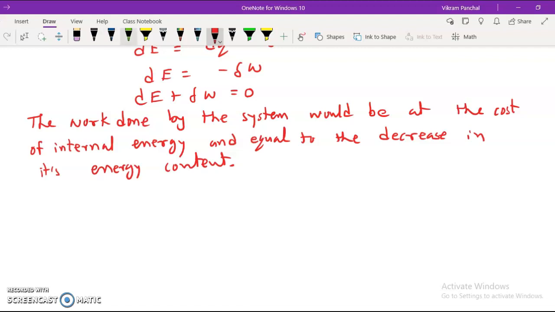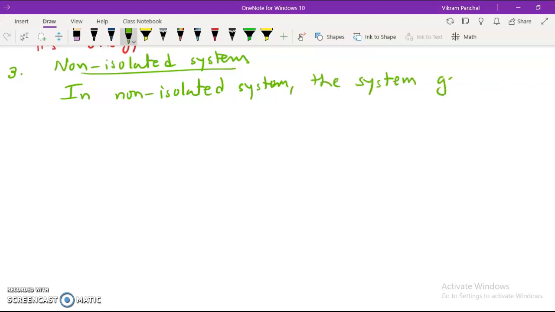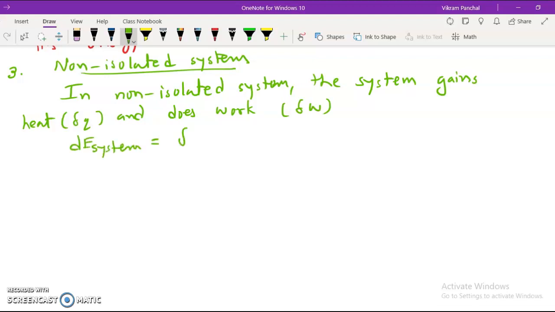Next will be the non-isolated system. So here in a non-isolated system, the system gains heat, that is delta Q, and does work, that is delta W. So for this one, delta E system equals delta Q minus delta W, and for the surroundings,